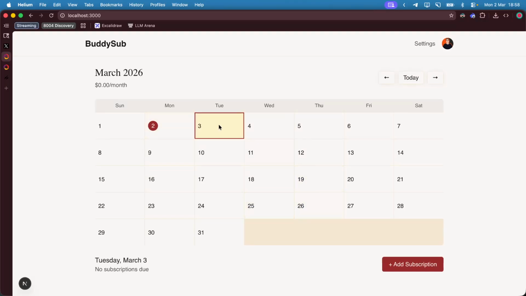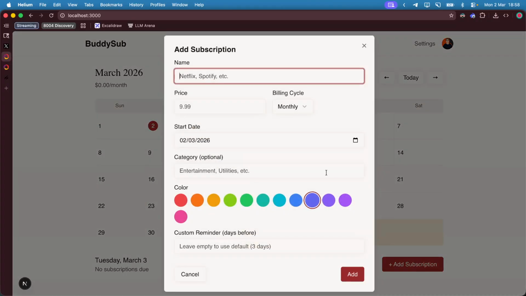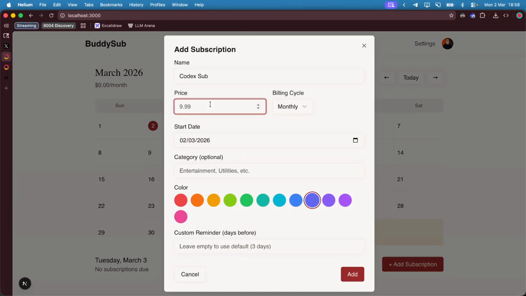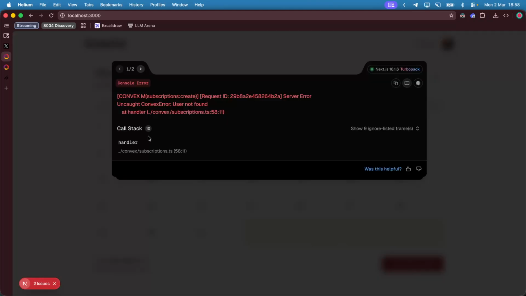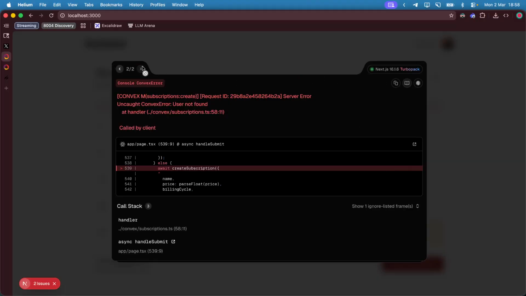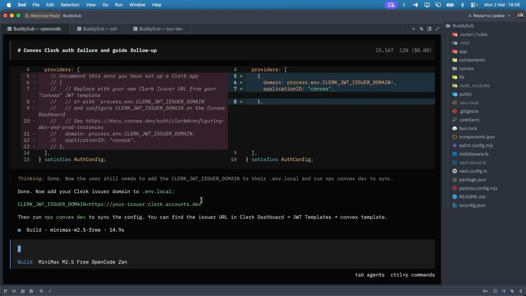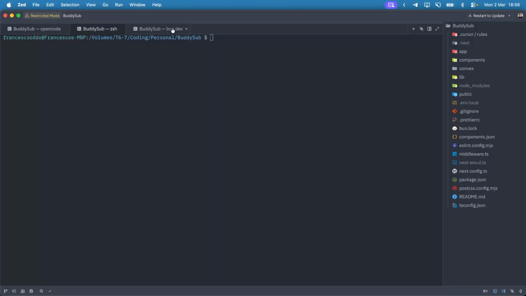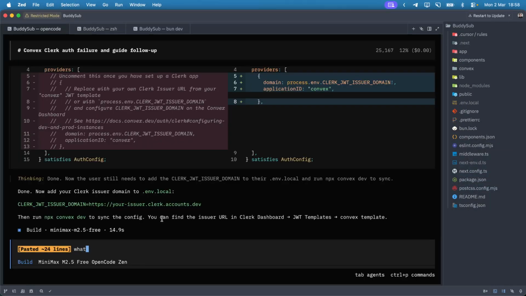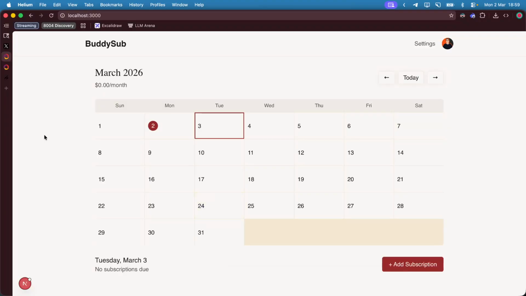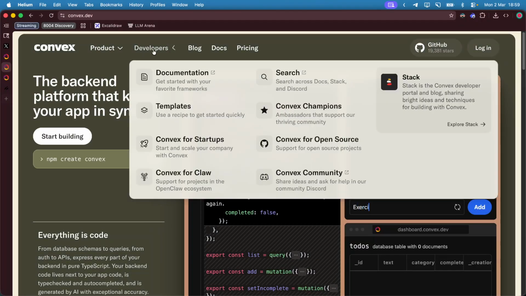Let's try to add a subscription. I don't know, for tomorrow. Codex price is 99.99. I don't know. Let's make it orange. And let's keep it like this for now. Okay, what's happening? Okay. Let me first check if we need to run bunx convex stuff. What's the issue? I need to check if the Convex team did the benchmark